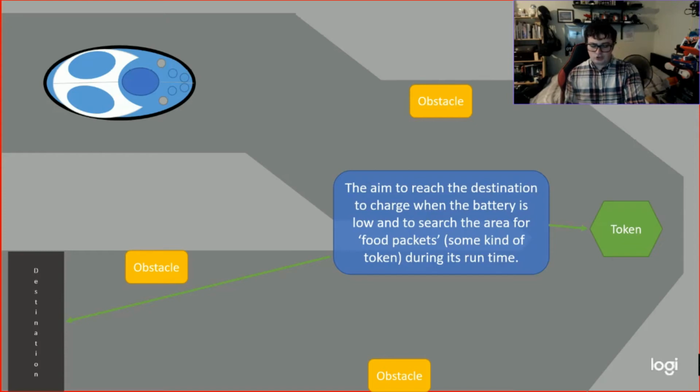Another thing I want to introduce that I haven't done quite yet is tokens. The idea being that a robot would move for so long, and one of its aims, as well as to avoid obstacles, would be to try to get tokens. Ultimately, I may have another neural network for the tokens, but at the moment I'm mainly concentrating on obstacle avoidance.